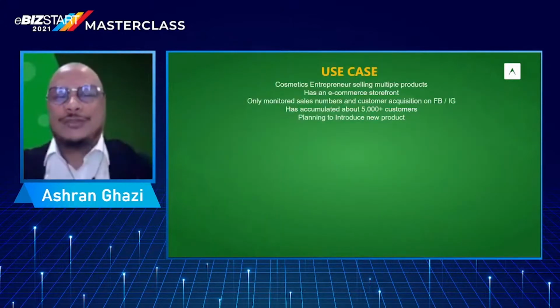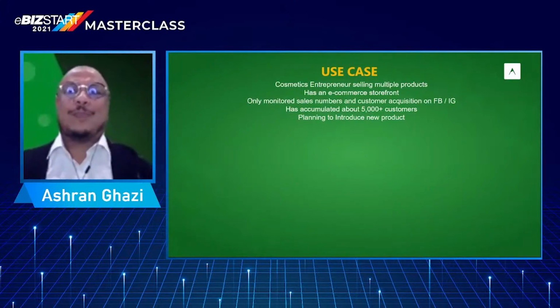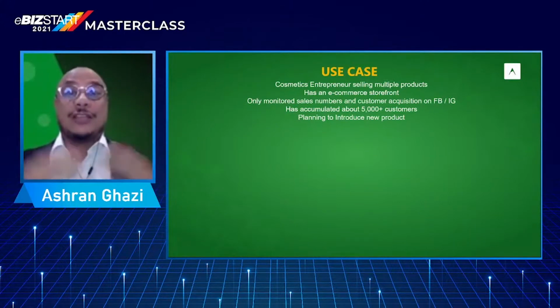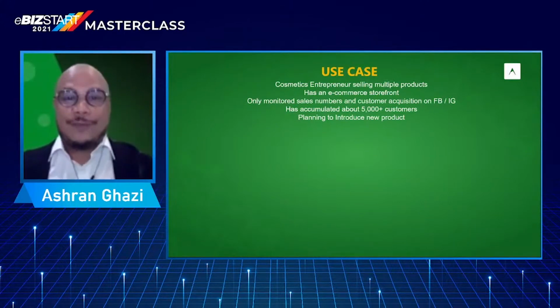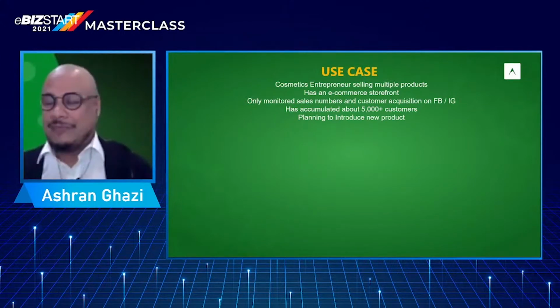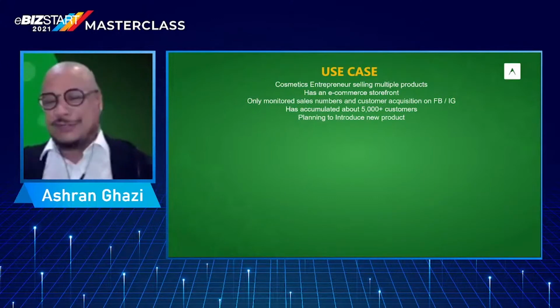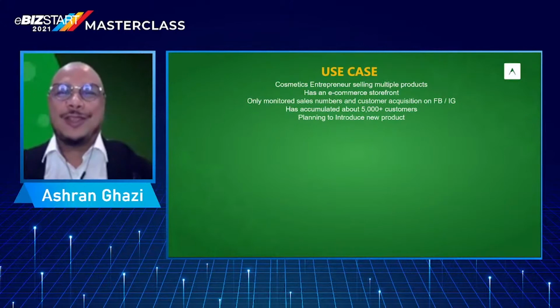Yeah. So let's talk about a use case. Now I'll talk about the theories. I've defined for you the 11 possible segments that you can leverage just from your own database, just from the data of your e-commerce storefront. Now let's look at a cosmetics entrepreneur. They've got a mix of baskets of multiple products, probably sourcing these products from Korea or wherever. And naturally, they've got an e-commerce storefront, right?